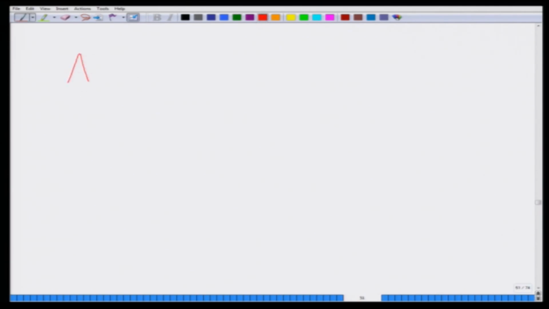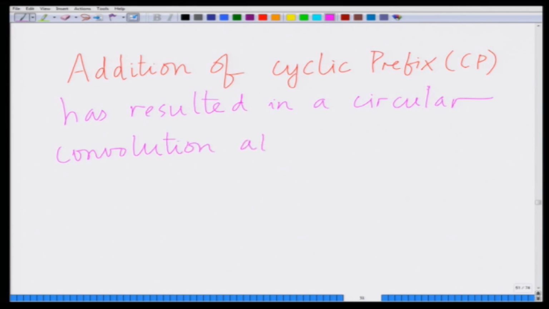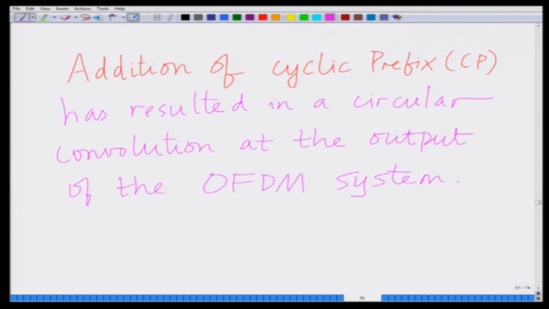After addition of the cyclic prefix, abbreviated as CP, has resulted in a circular convolution at the output. So, what has happened? We have added a cyclic prefix at the beginning of the transmitted OFDM signal, and as a result what we